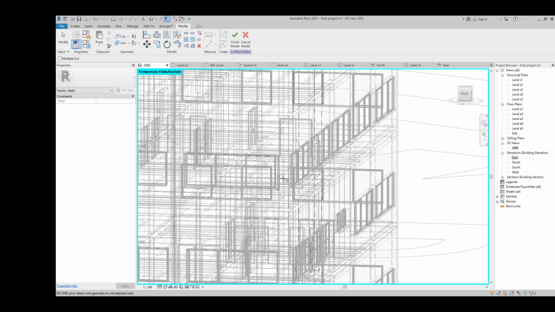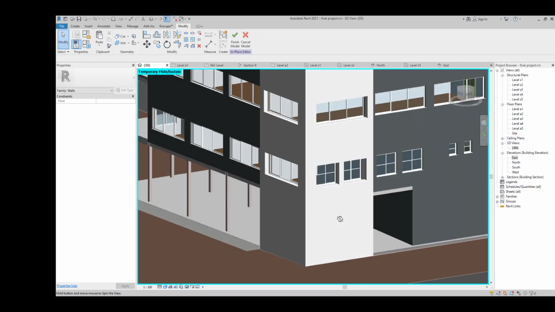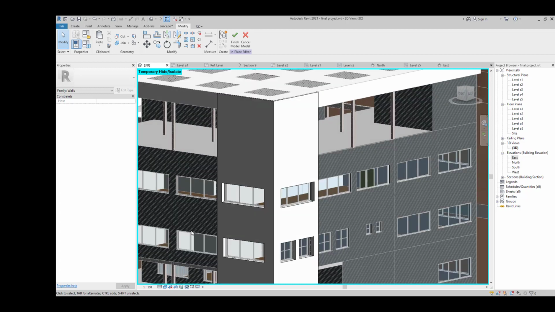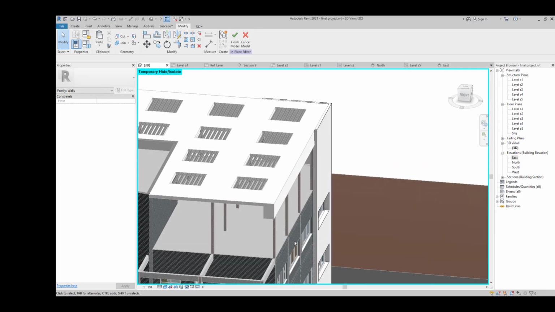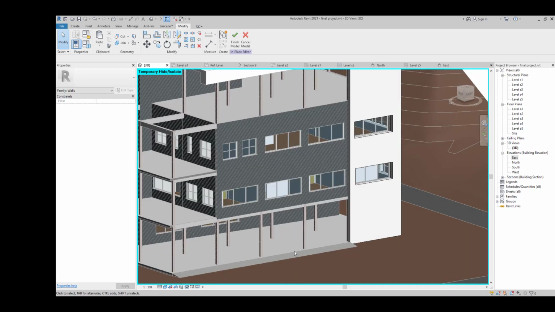So we will go to the 3D view, turn on the shaded, and we are going to have our element here as well. 2 windows and 1 window here. So this is going to be one of our exterior elements as well, and we change the size of the ramp